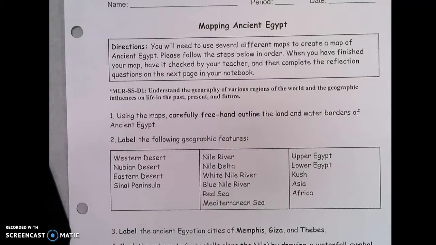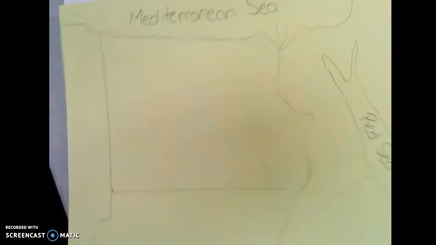Here are a few directions for mapping ancient Egypt, steps 2 and 3. So after I have my outline of the land and water borders of ancient Egypt, I am going to start labeling some of the places in Egypt. Step 2 starts with a lot of the geographic features that I've already outlined. For example, the Mediterranean Sea and the Red Sea, I had to outline, so I went ahead and I labeled